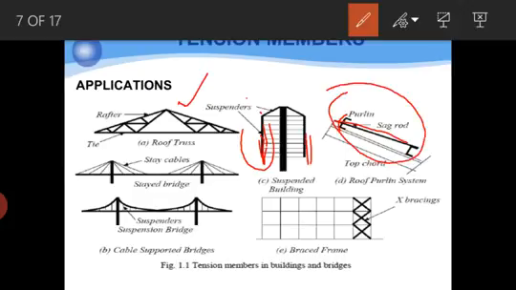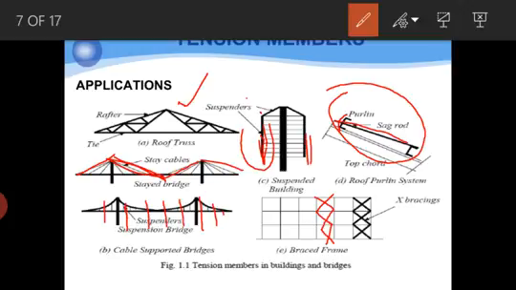Even in bridges, that is cable stayed bridges, these cables are under tension. Those cables are to be designed as tension members. Even suspenders in suspension bridges, the vertical members, are suspenders and they are also under tension, so they are also designed as tension members. And in buildings, some braced frames like this are also designed as tension members, because these members will be under tension and carrying the tensile forces, hence those members are to be designed as tension members.